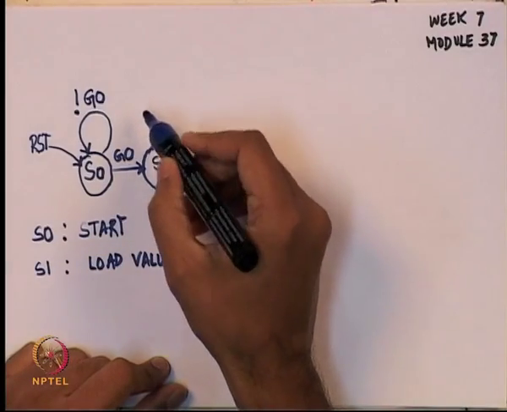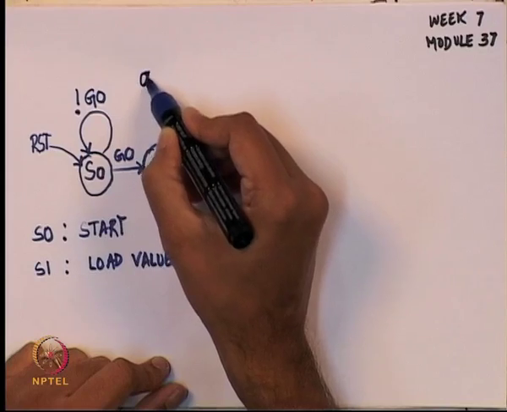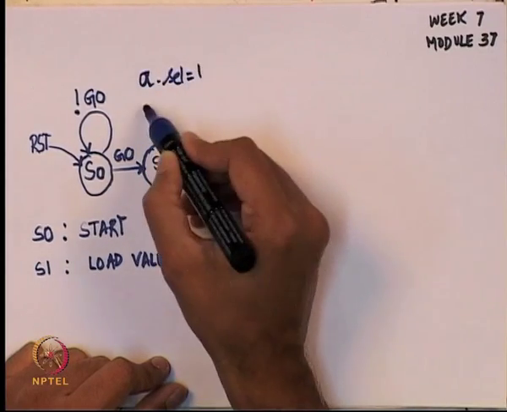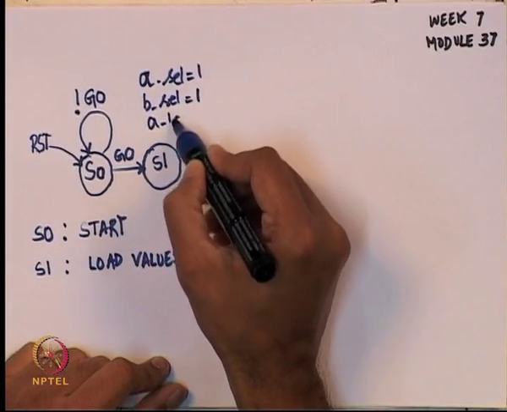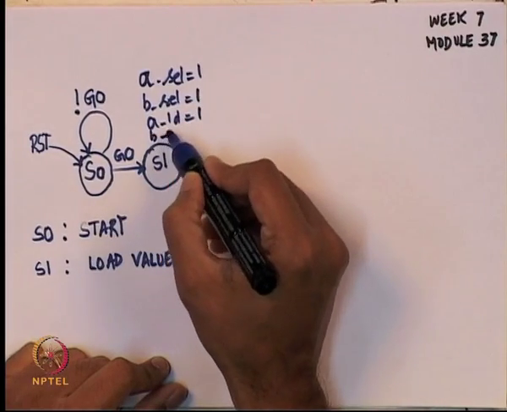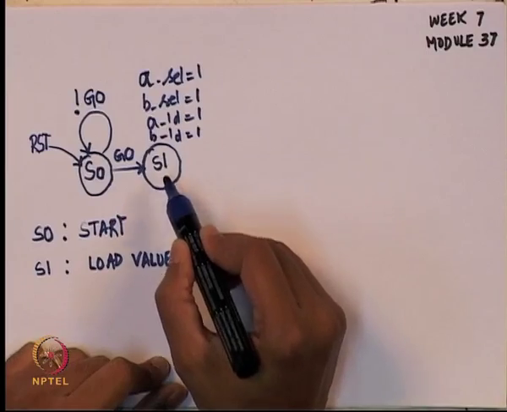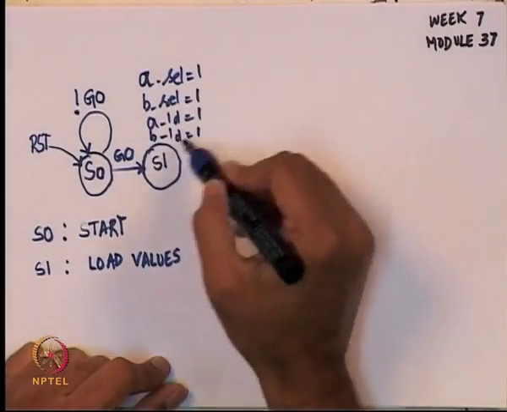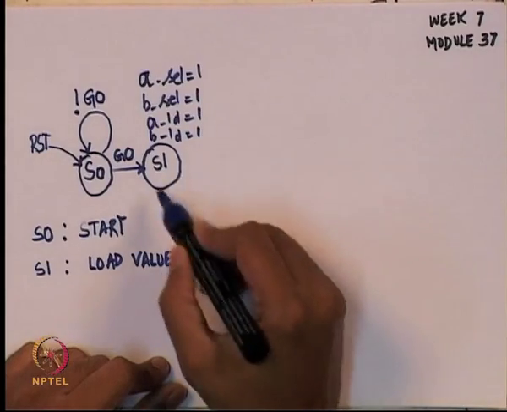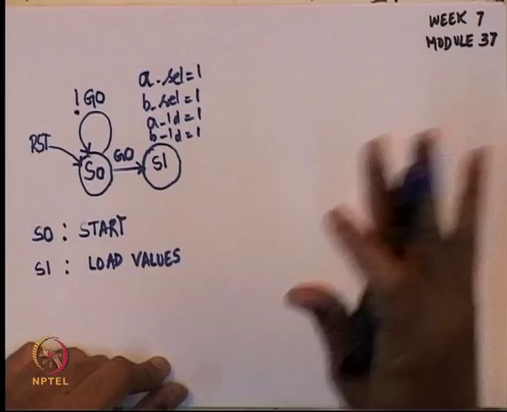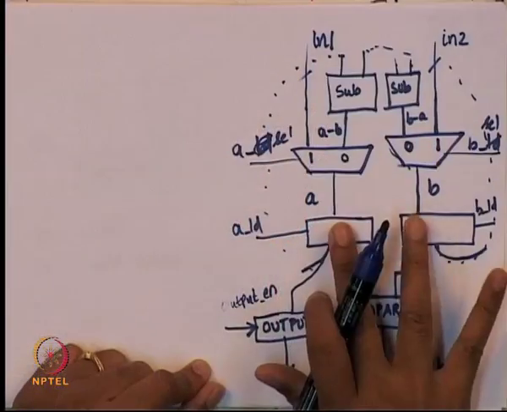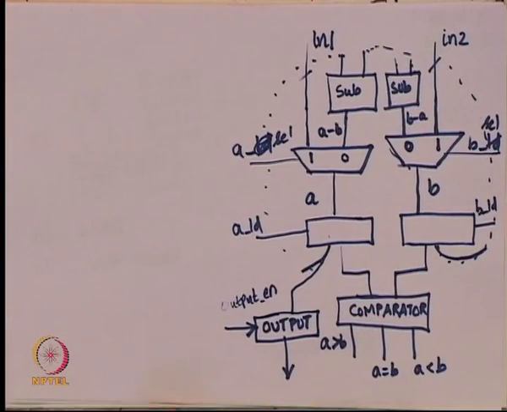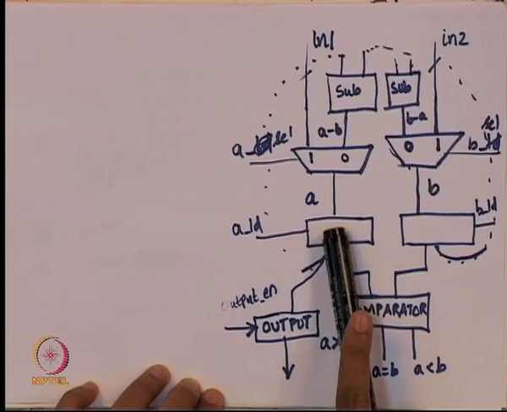What are the different control signals? We know that the A select must be equal to 1, B select must be equal to 1, then we have A load equal to 1 and B load equal to 1. So, once I am in this state S1, I am supposed to turn on all these different values, and once these are there, now the data path will have the values A and B. So, let us again go to the data path, let us see what will happen in the next cycle. Let us say the values A and B are in the registers here. In the registers A and B, let us assume that A and B got registered.